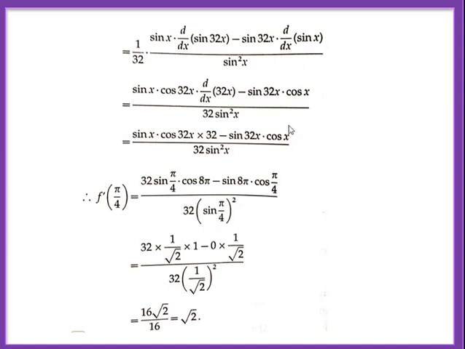What is derivative of sin x? Cos x. So here derivative part is over. Now we are asked to find derivative at pi by 4. So put x equal to pi by 4. So 32 times pi by 4 means 8 pi. Now what are the values? Sin pi by 4 is same as cos pi by 4, 1 by root 2. What is cos 8 pi? The angle 8 pi is coterminal with 2 pi, or you can say 0 also, coterminal with. So cos 8 pi is nothing but 1. Sin 8 pi is nothing but 0. So on simplification, you get f dash of pi by 4 as root 2. Okay.